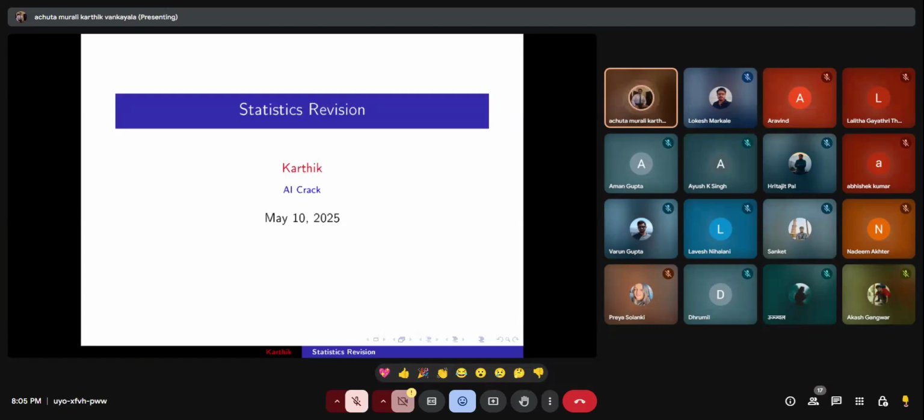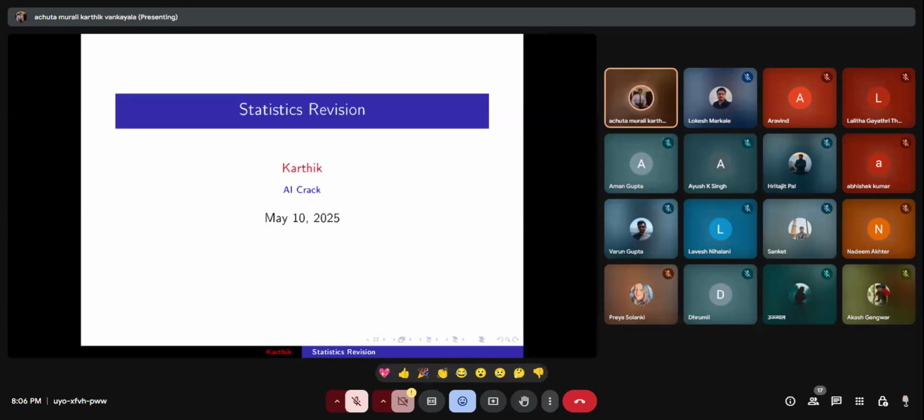So today I'll cover some topics related to statistics. Most importantly, normal distribution, because we have seen a lot of questions related to it. We have seen questions related to other distributions also, like binomial, Poisson, etc., but a lot of questions are focused on normal. So we'll cover some topics related to normal distribution and some basics of hypothesis testing, like what is testing, how to formulate a hypothesis test, and maybe a couple of examples if we get time.